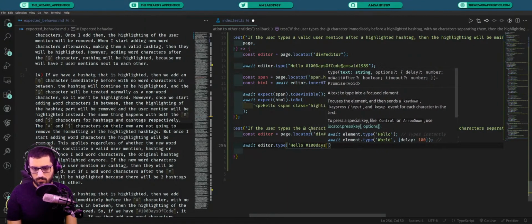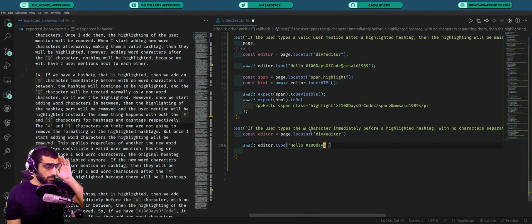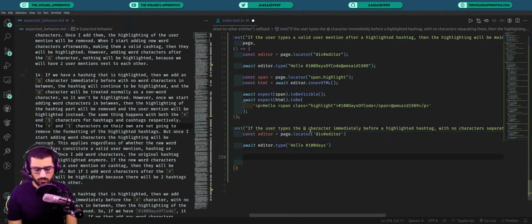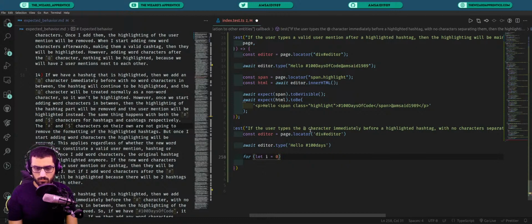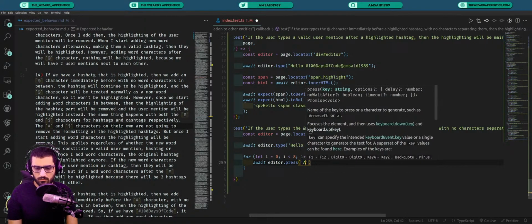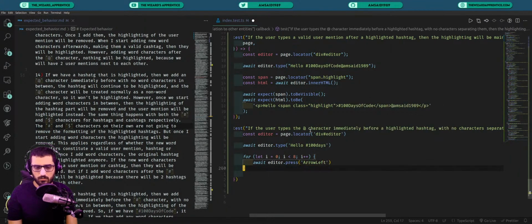Let's just type 100 days, and then we need to go back 1 2 3 4 5 6 7 8, so we need to for let i equal 0, i less than 8, and i plus plus. What we'll do is await editor dot press arrow left,